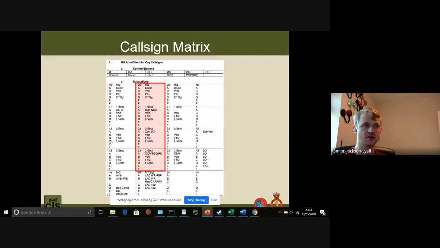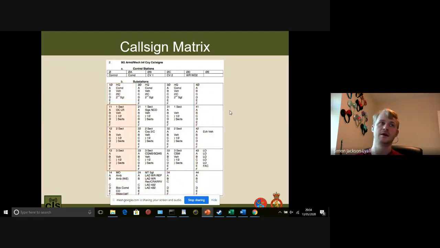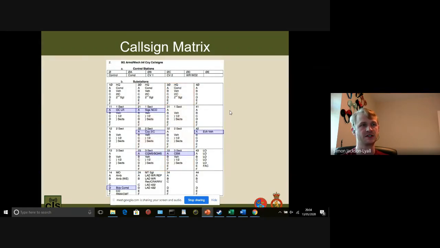Then obviously we've got 2 platoon and 3 platoon. And then we've got more space for other things. So you can see that the medics are in 1-4, the military transport squadrons in 2-4, and you've got space for all sorts of other bits and bobs. So you can see that's 1 platoon HQ with their sections, 2 platoon HQ, all the 2 platoon sections, 3 platoon HQ, all the 3 platoon sections.